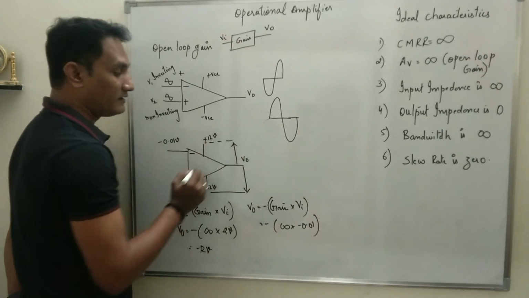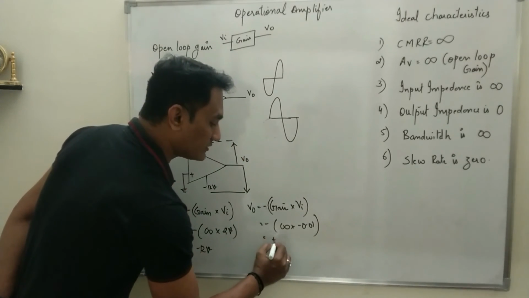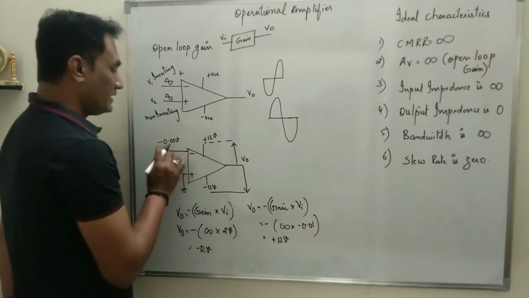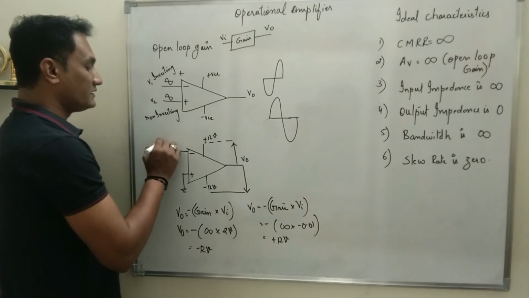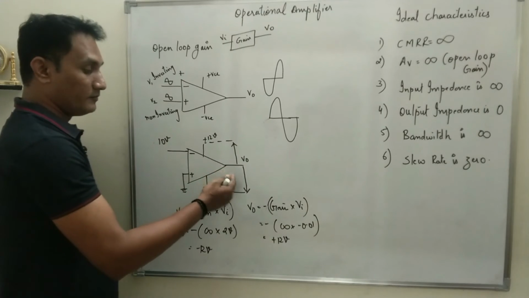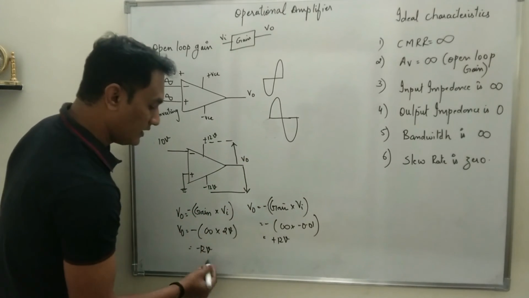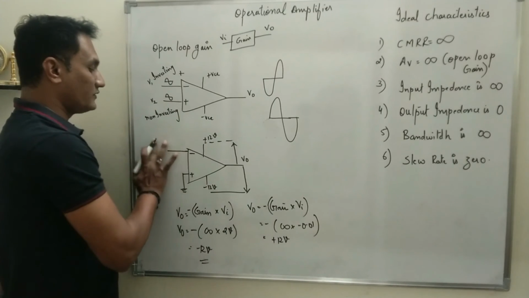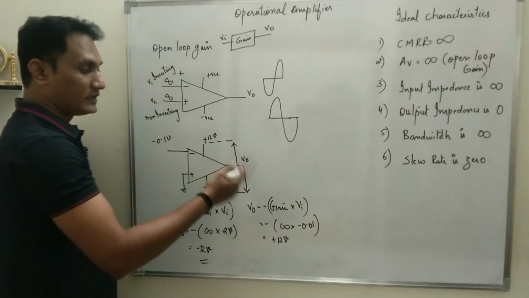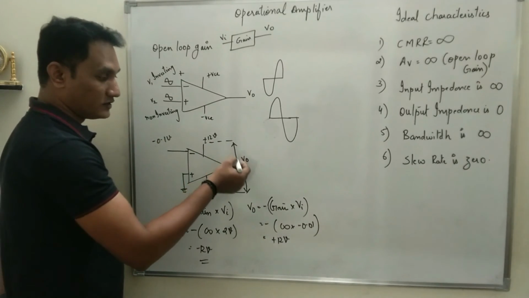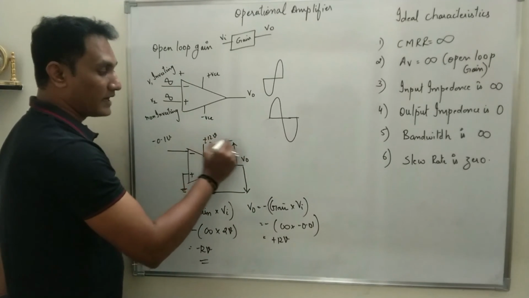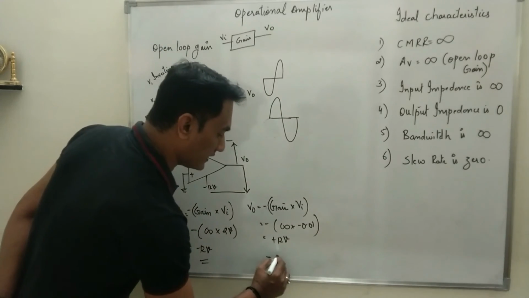So the maximum value it can reach is the maximum positive supply, that is plus 12 volt, right? Similarly, suppose if I say this is 10 volt. If the input is 10 volt, again the output will be negative and it will increase up to the negative maximum. The output will be minus 12 volt. Suppose if I say it will be minus 0.1 volt, still the output will keep on increasing. Now that is minus, the output will be positive, so output will increase in the positive direction infinite times till it reaches the maximum positive supply, that is plus 12 volts.